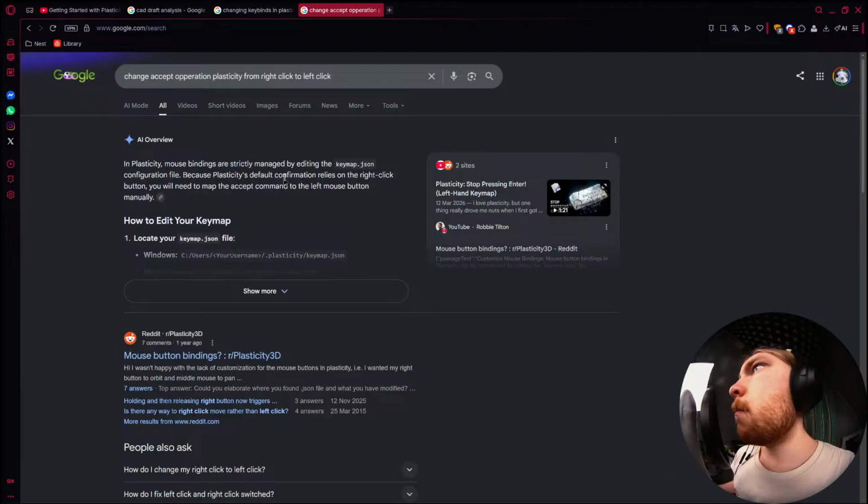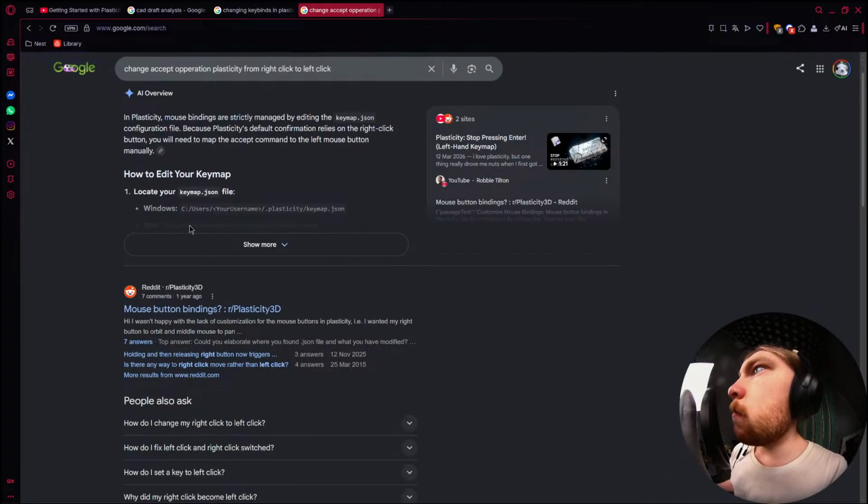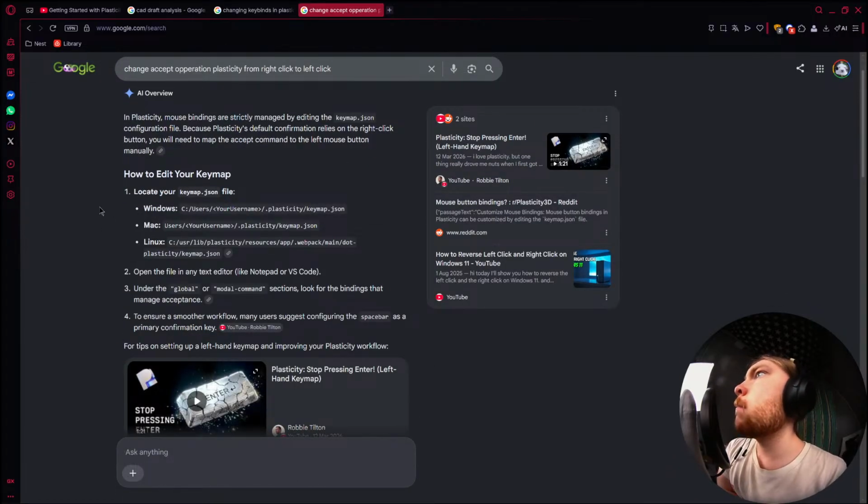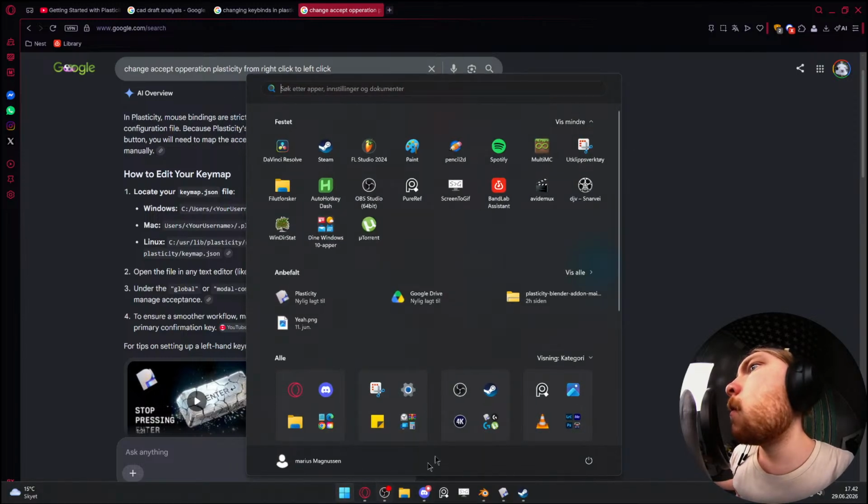Are strictly managed by the configuration because it relies on the right click button. You will need to map the accept command to the left mouse button manually. Okay. If I